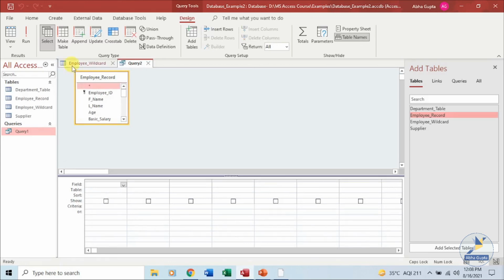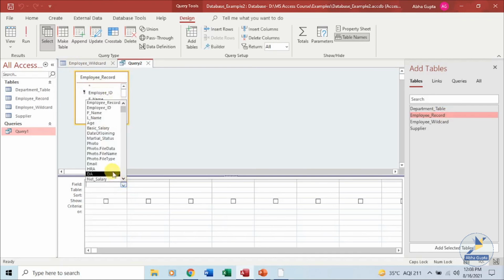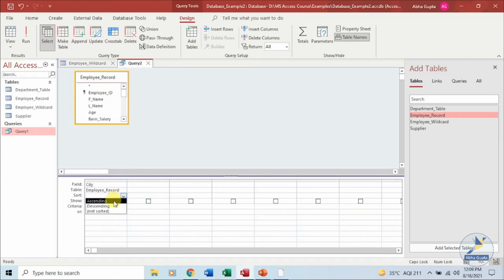So what I want is city. Let's select city from here, and I want to make use of some functions. First of all, I want to sort it in this manner, and I want to make use of a function.